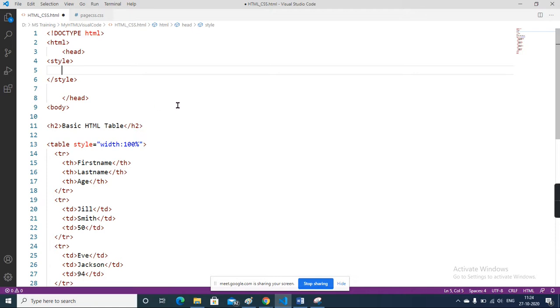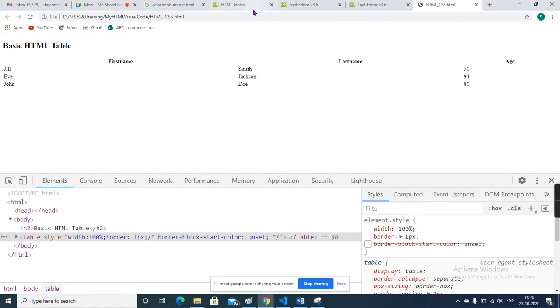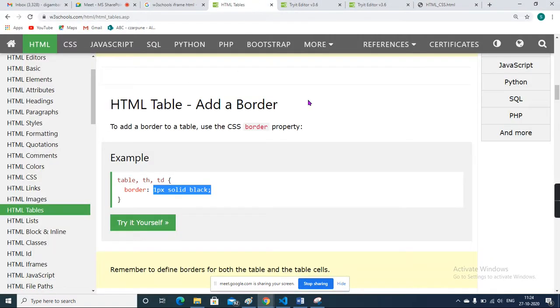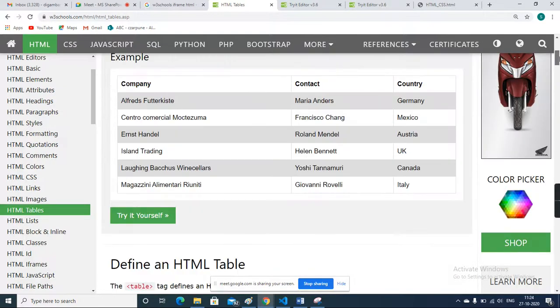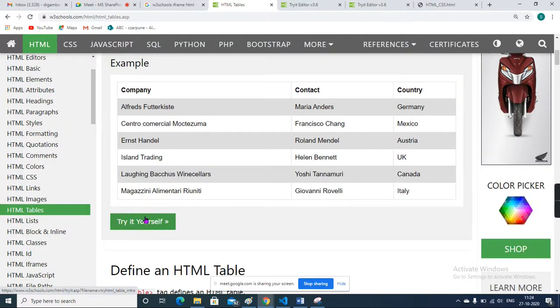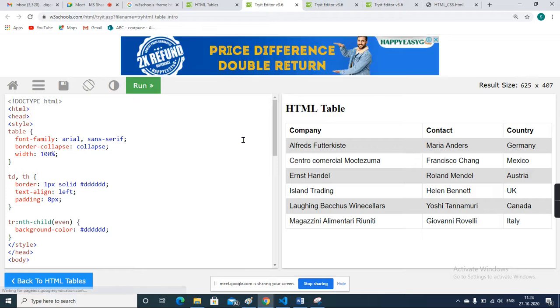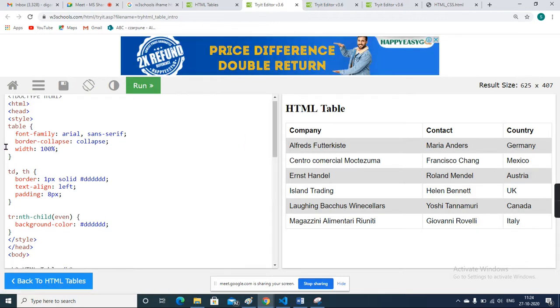Okay. So this is my table and I want to add the CSS over there. So always make sure that you take the reference from W3Schools. Just go here, say try it yourself. Here you can see the table having some CSS added. As I have told you earlier, for coding you need to take a reference from somewhere, from Google, but you need to know the purpose of that code.